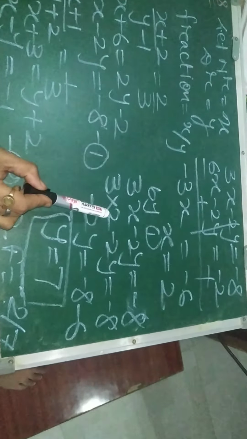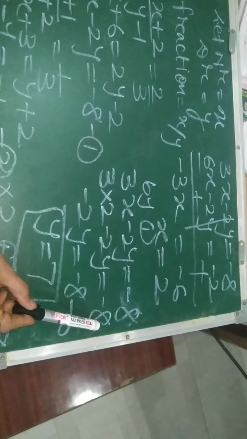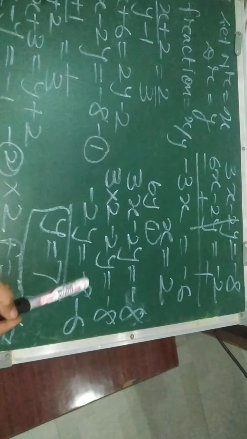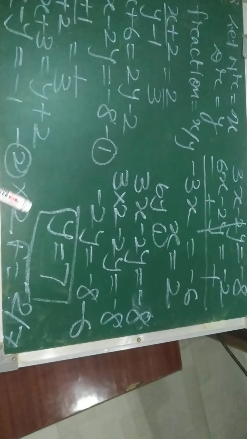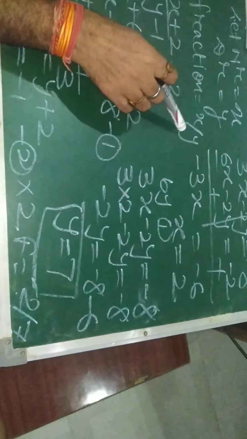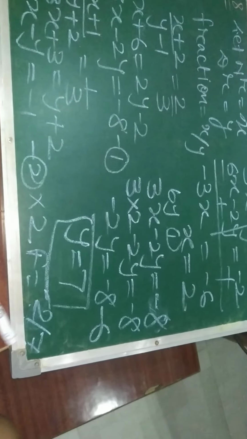Now we have to put x as 2, 3 2 ja 6, 6 transfer from right hand side to left hand side converts into minus 6, minus 2y is equals to minus 14, 2 7 ja 14, minus minus plus, y is equals to 7. We have to find out the fraction x upon y, the value of x is 2, the value of y is 7, so the answer is 2 upon 7.